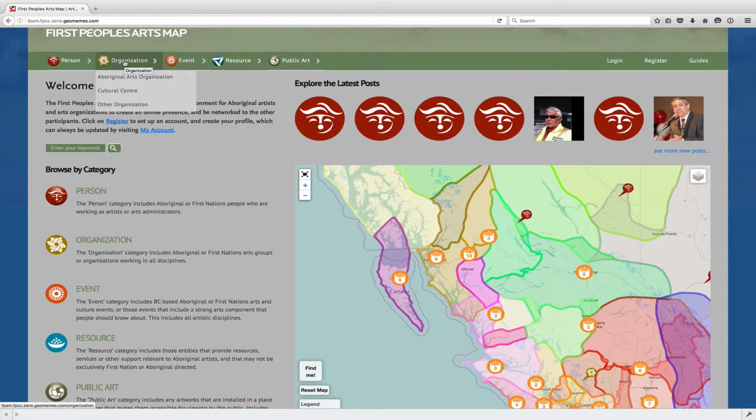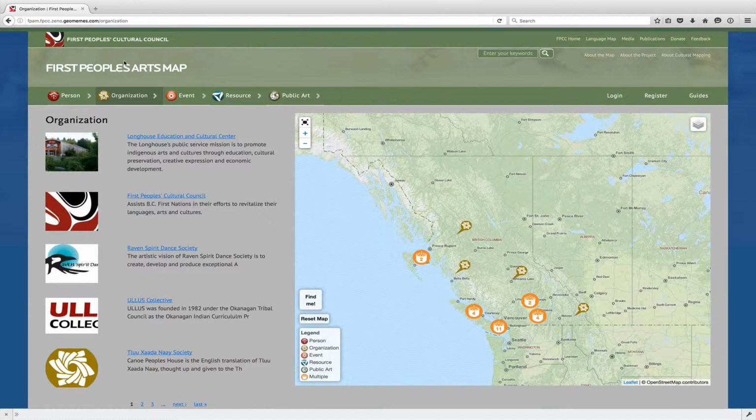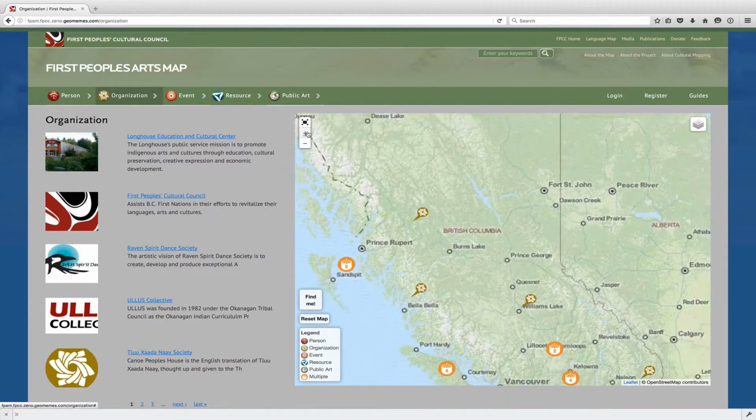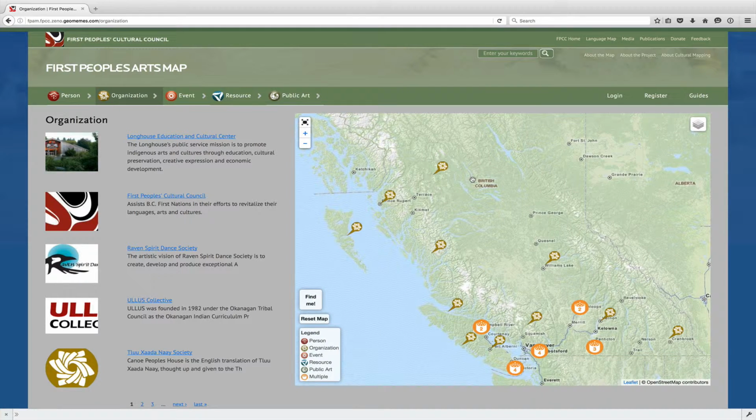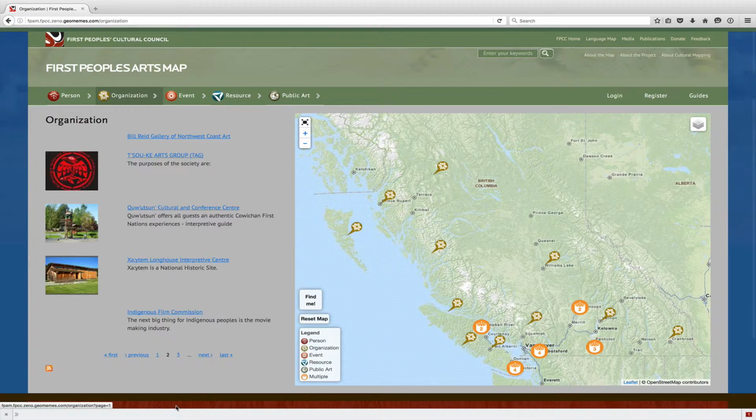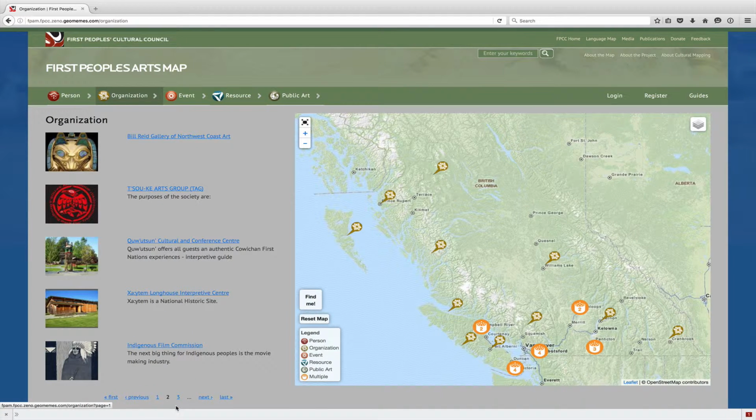So let's take a look at organization, and we get a new map just showing the navigation of mapped organizations, plus on the left hand side pages of all the organizations in the database. Let's go back to the home page by clicking on this white title, the First Peoples Arts Map,